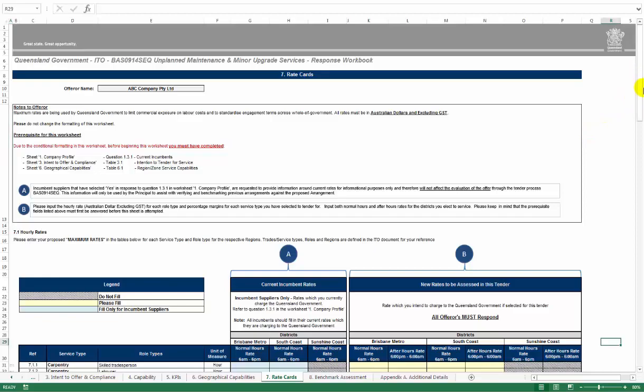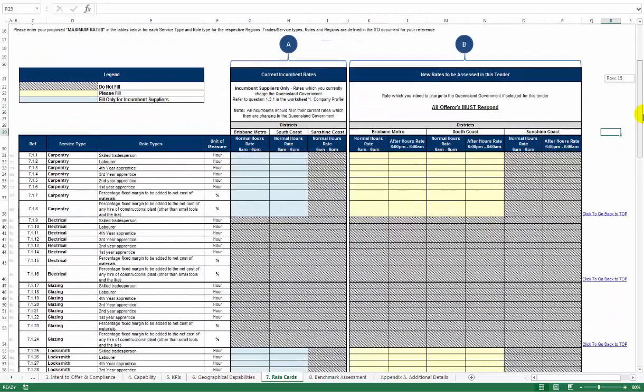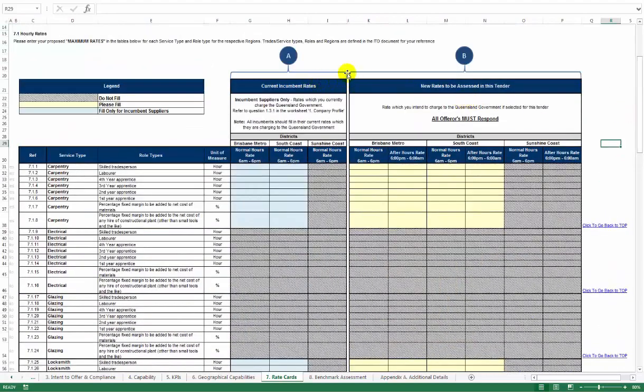If we scroll down to table 7.1, we are requesting offerers to submit hourly rates. In section A, we ask incumbents only to submit the current rates that they have been charging the principal or eligible customers, and this is for informational purposes only. In section B, we require all offerers, including incumbents and new suppliers, to submit rates which will be assessed during